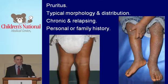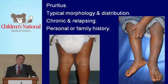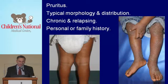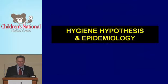constellation of an itchy kid with the typical morphology and distribution of the lesions, primarily on flexural surfaces, that there's a history that it's chronic. It just didn't come up for the very first time over the weekend, and it does have a remitting relapsing course on its own and a remitting relapsing course while treated as well. And generally there's a personal or family history of other conditions in this atopic triad, to include atopic dermatitis, asthma, and rhinitis, allergic rhinitis. There are a number of minor criteria that one can look for. I'm not going to go into detail on any of these, but that's the points about the definition of atopic